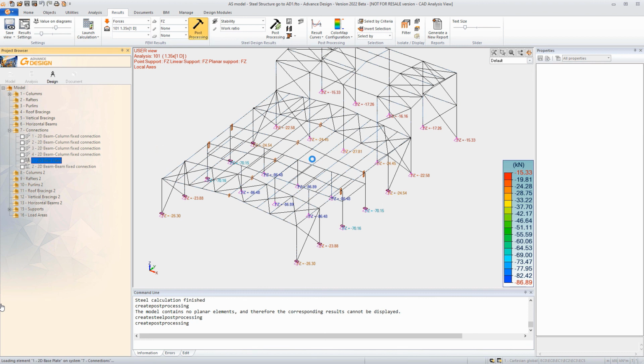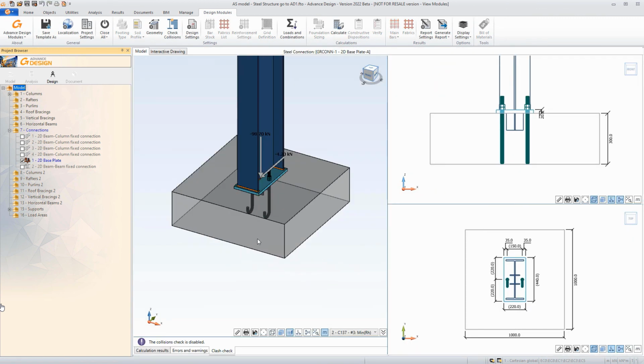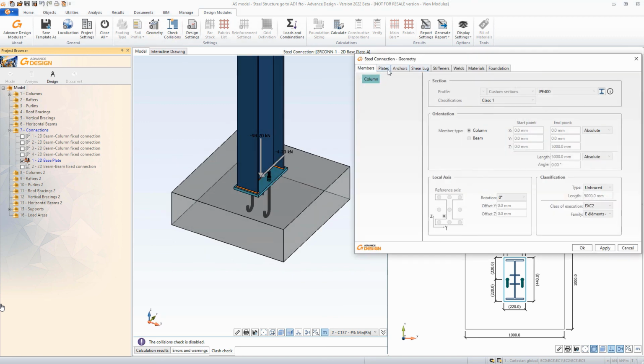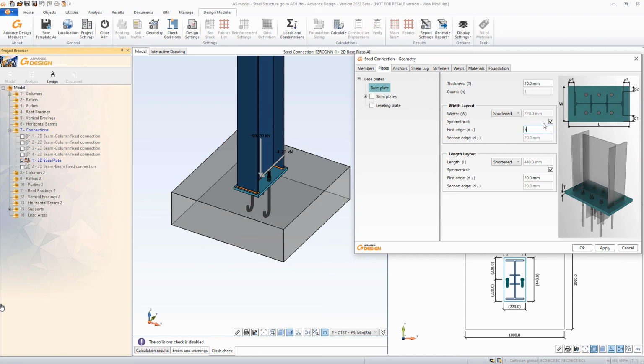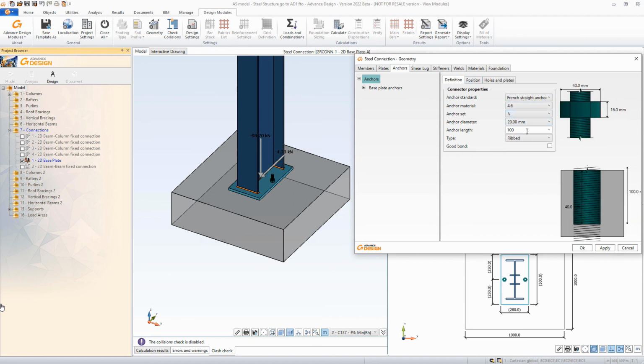So on this model, 2 lines of purlin have been optimized, and for example here it's possible to display, after this steel section optimization, the reaction on the support. And with those values we can design, for example, the connection. So for connection, embedded in Advanced Design, we have the steel connection module, which here in this example is used to model and to design these base plates.